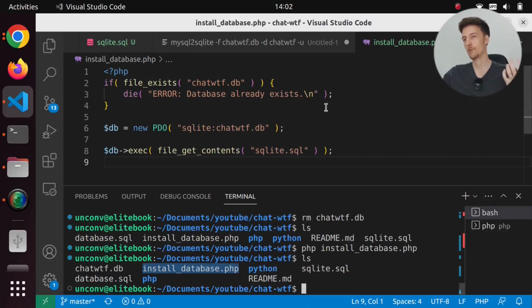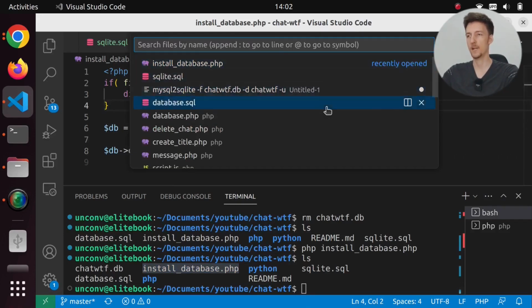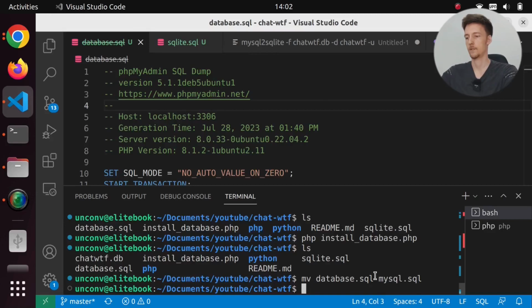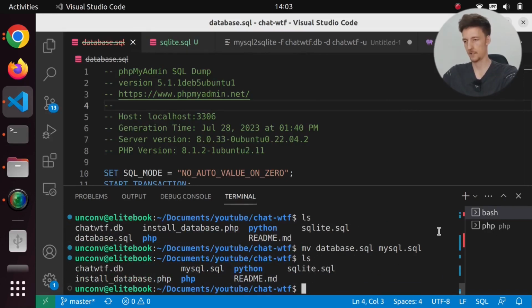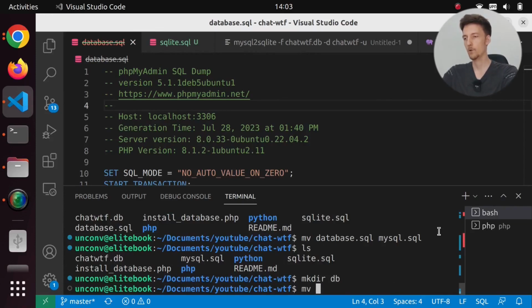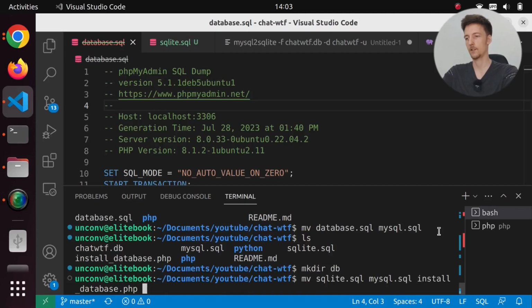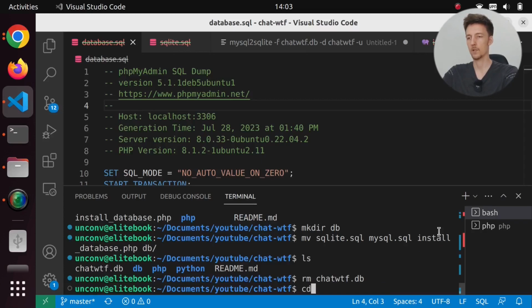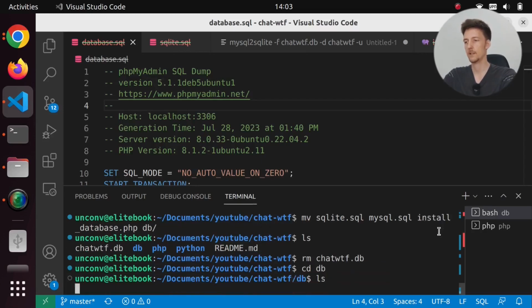Or if you want to use MySQL, then you can just use the database.sql. And I will rename it to mysql.sql. So then it makes sense. And I will create that directory db, and I will move SQLite and MySQL and install database into db. And I'll remove chatwtf.db and I will go to db and